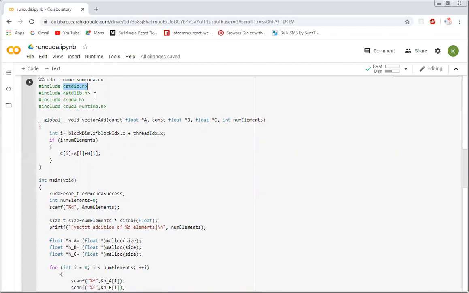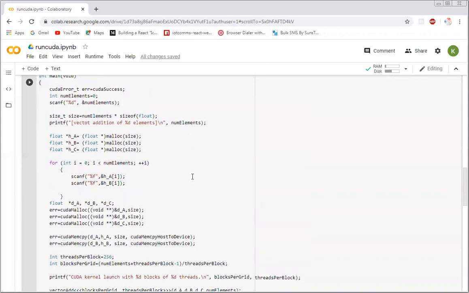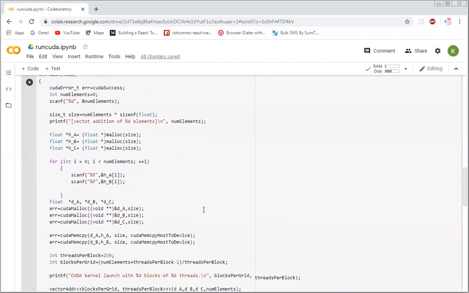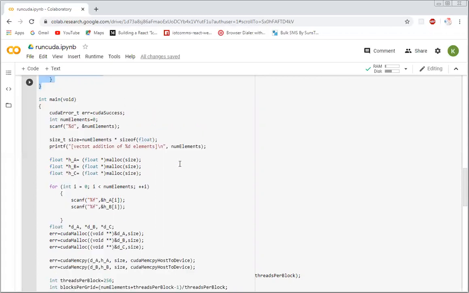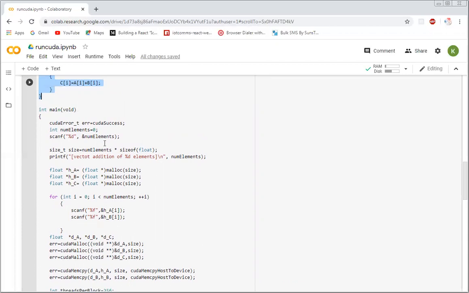After these header files, we have our global function and our main function. We'll start with this. So what we are doing? We are doing a very simple thing.